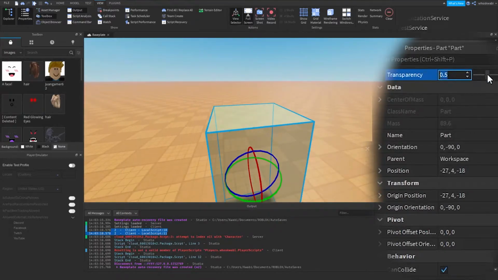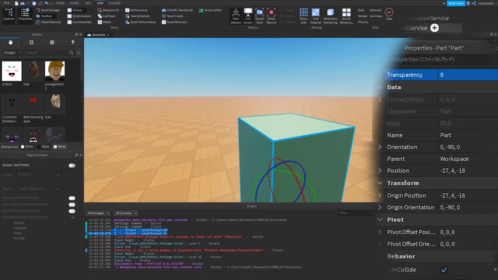Get creative with it. And then you have the other properties, such as orientation, like I told you before, which changes the